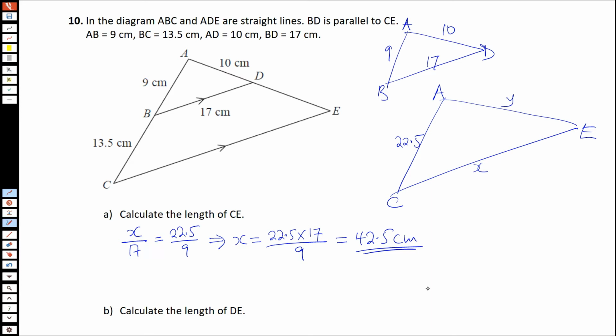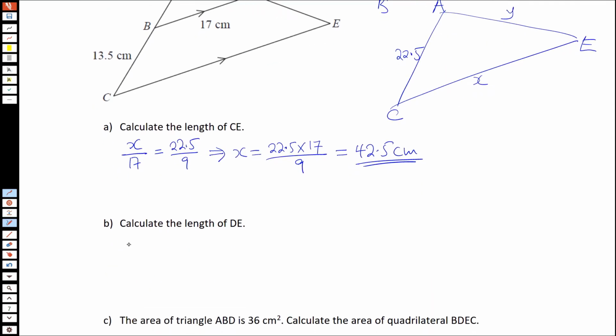So y over 10 will be equal to 22.5 over 9, which implies that y will be equal to 10 multiplied by 22.5 over 9. And if you plug that in the calculator, that will be equal to 25